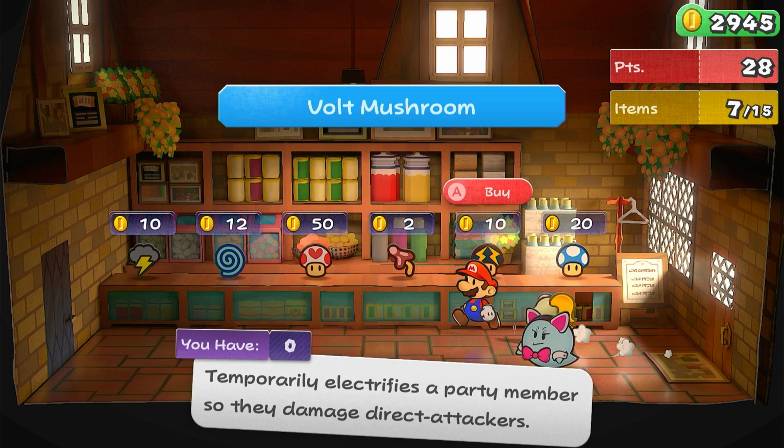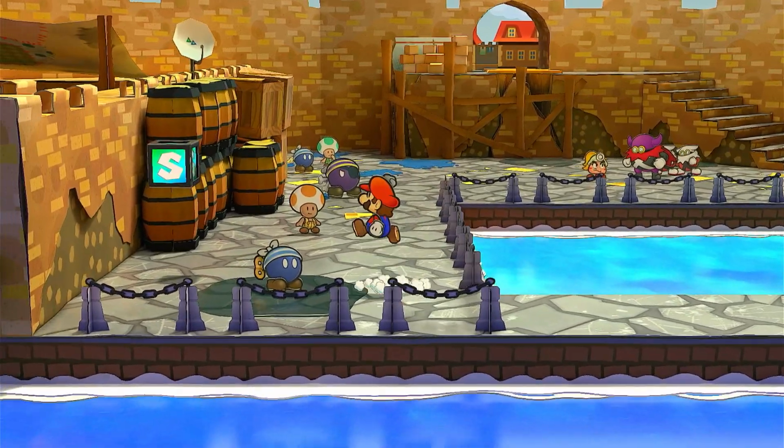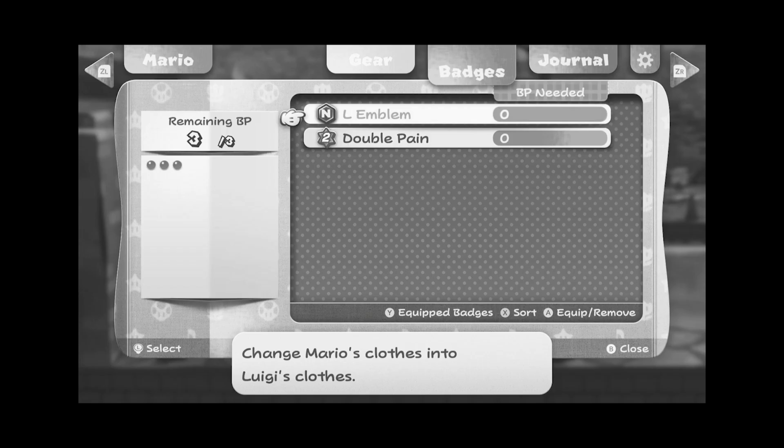Also, since this challenge isn't hard enough as is, I decided to not use any life shrooms. And since that wasn't enough, I made it so that I start with double pain unlocked. Don't ask me why I do these things. Well, anyways, without further ado, this is...